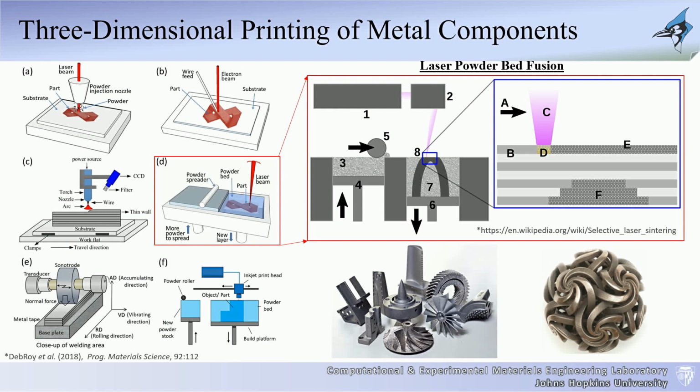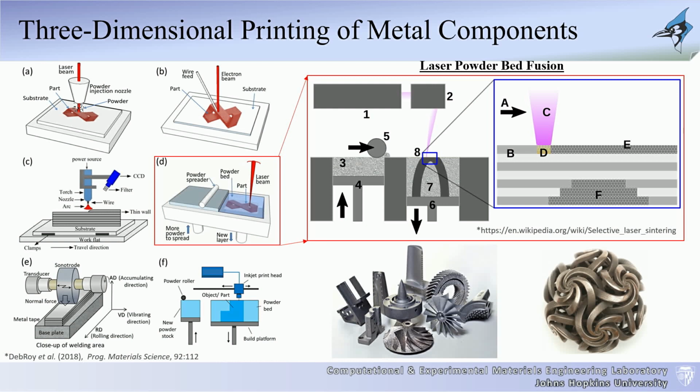But the one particular example that I want you guys to be familiar with is this idea that you deposit a layer of powder and then you come in with a laser and the laser melts the powder locally where you want to create a solid material, and then you can deposit another layer and do the laser melting and repeat that process multiple times until you build a part, which is basically represented here schematically by these darker regions. And if you do that, you can create very complex structures that are typically not possible to achieve if you're doing classical manufacturing approaches.